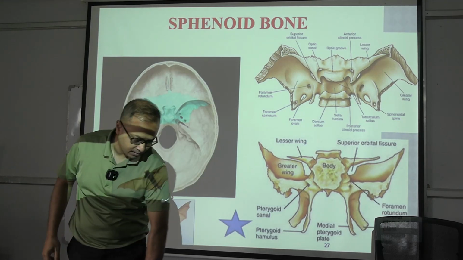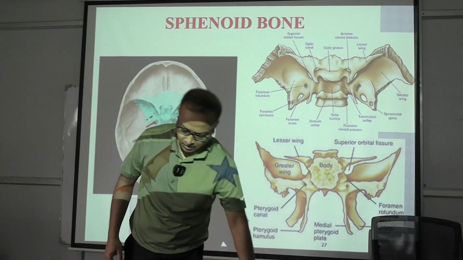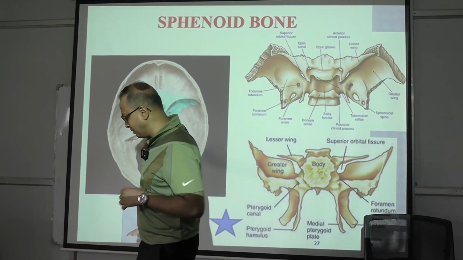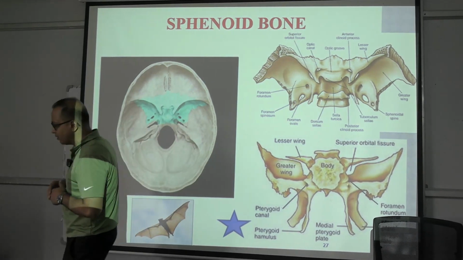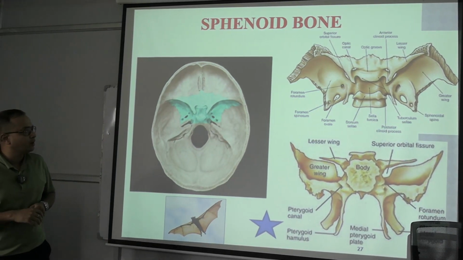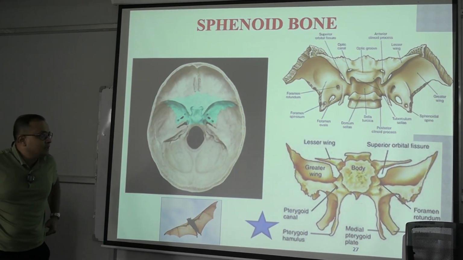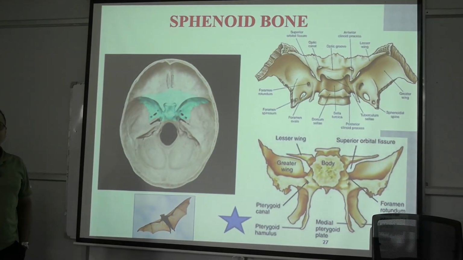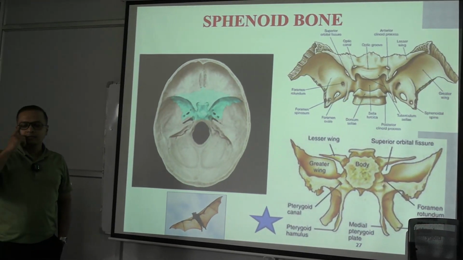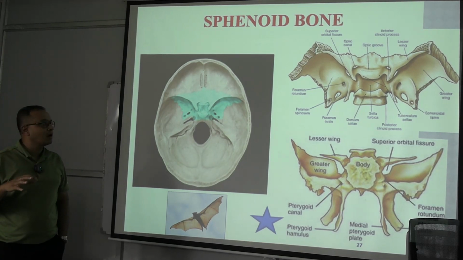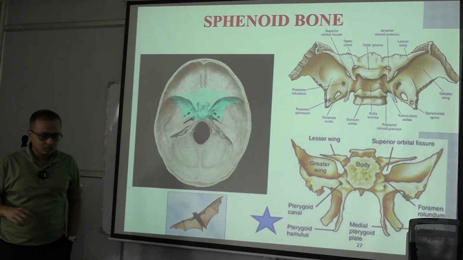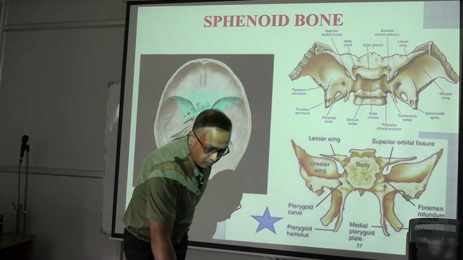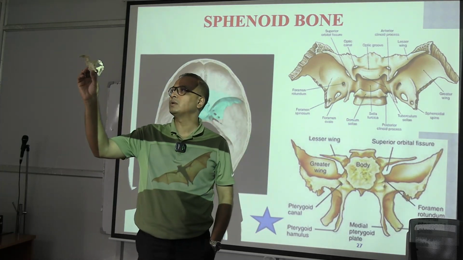Revising the content related to the base of the skull, emphasizing this particular bone, identifying the outline or parts of this bone and the foramens which are present in it. This bone is commonly given in an examination, and the exam question usually revolves around identifying the basic parts. Whenever you are given this bone, you should be able to identify it as a sphenoid